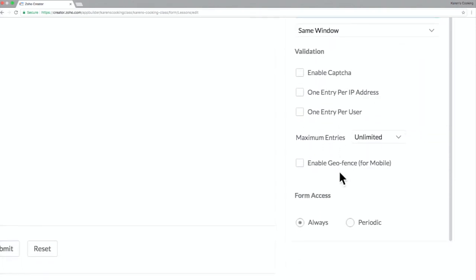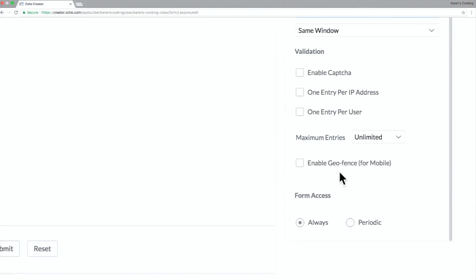And then we have validation. Validation lets you limit certain entries into your form or control the entries that are made into your form. First we have CAPTCHA. I'm sure all of us here are very familiar with CAPTCHA. Then we have IP address and per user.